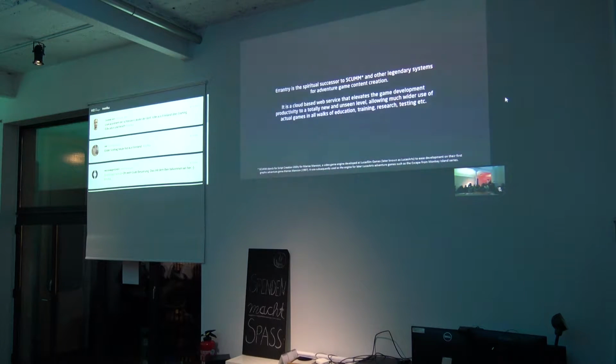So basically, Errant is a successor to SCUM, which stands for Script Creation Utility for Maniac Mansion, which was developed at Lucasfilm Games to ease the development of the graphic adventure game called Maniac Mansion.